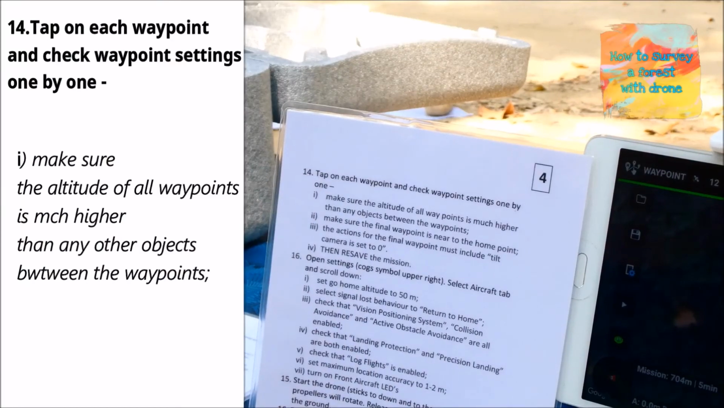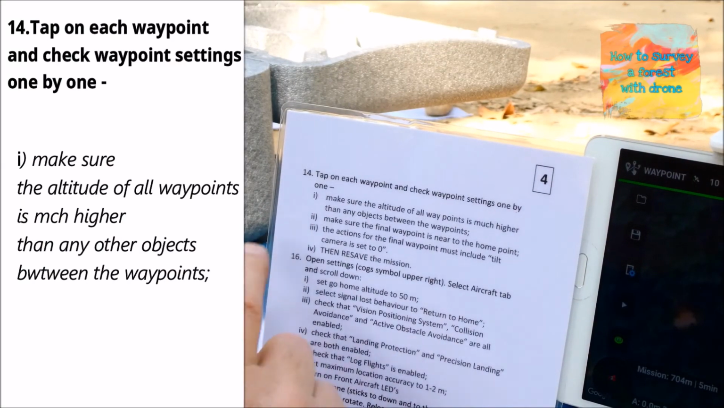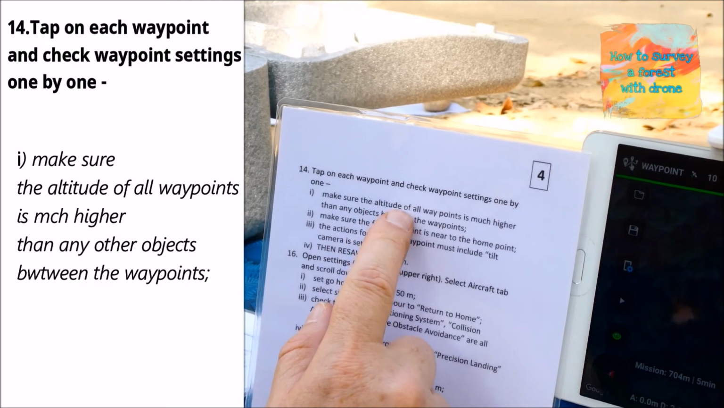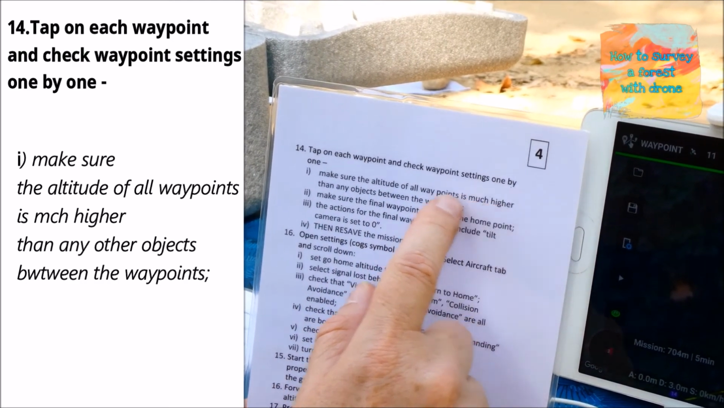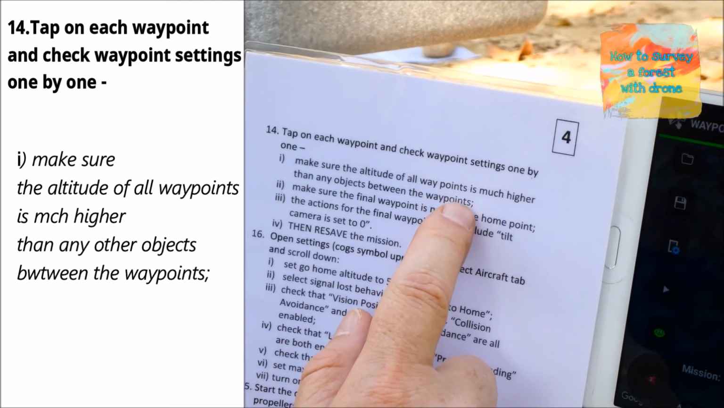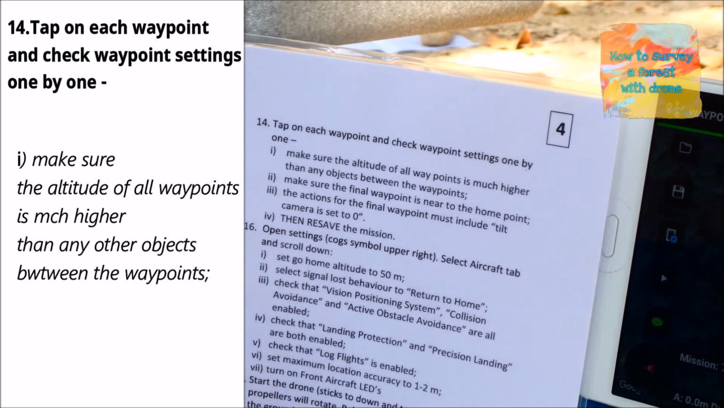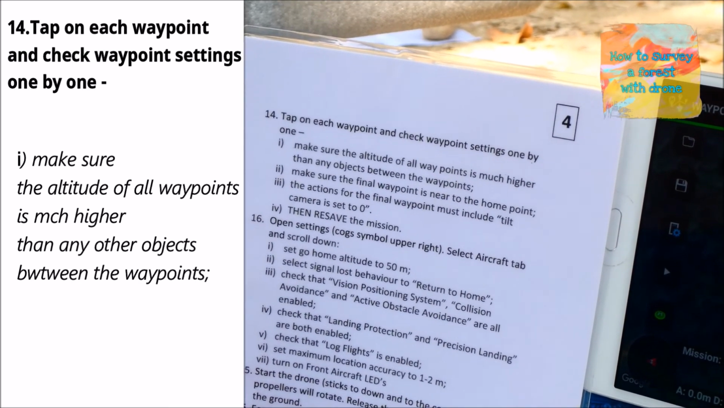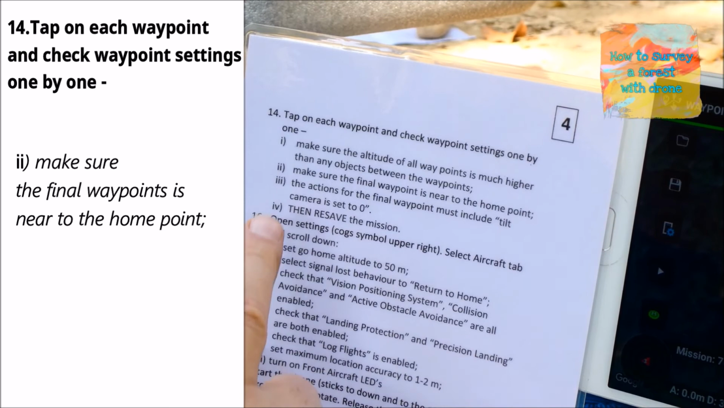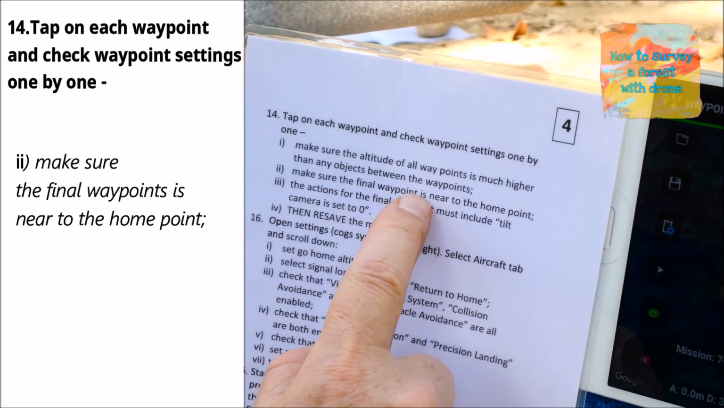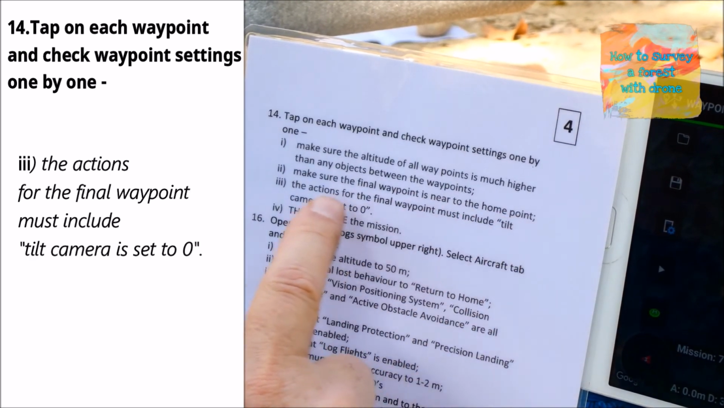The next step is to check the waypoint mission. We have to make sure that the altitude of all the waypoints is much higher than any object between the waypoints. Here we have trees that are probably 30 or 40 meters tall, so we need to make the altitude higher. We have to make sure that the final waypoint is near to the home point, and we have to